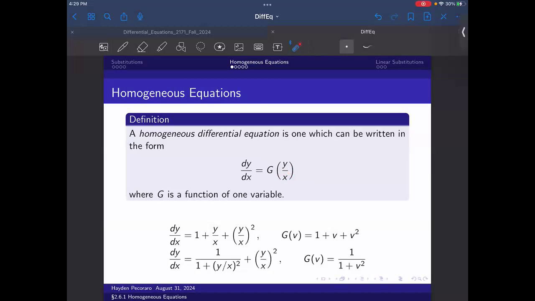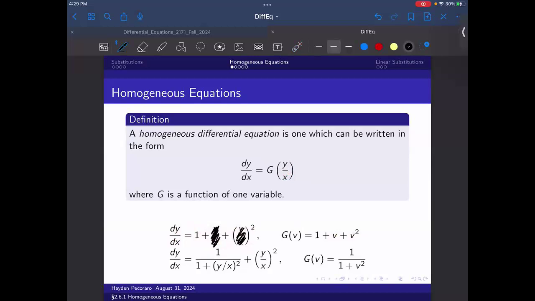And so if we look at a couple of these things down here, those are some examples of what these might look like. So here you have dy dx equal to, well, if I were to multiply all this through, find a common denominator, it would look pretty ugly. But when I leave it written like this, and